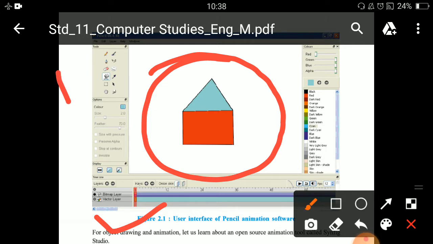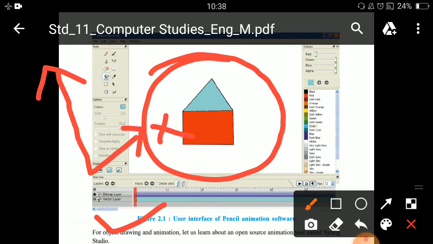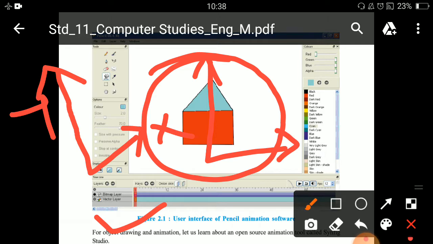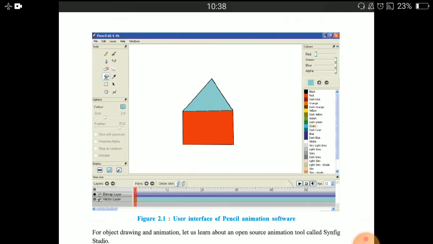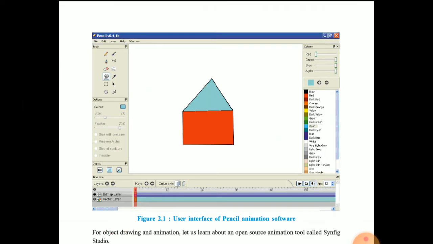Okay, whenever we want to draw any animation with respect to two axes, x axis and y axis, at that time pencil is used. Here you can consider like this 2D animation software, or you can say that any vector software. Okay, so this is about pencil.